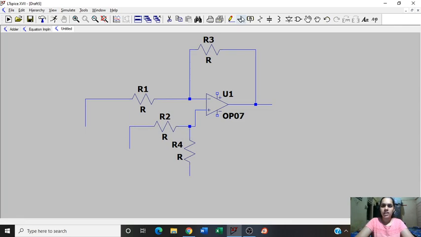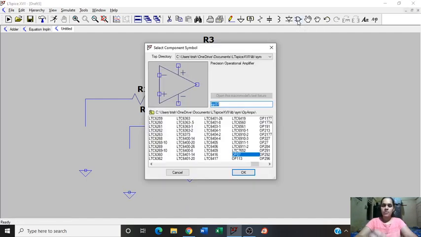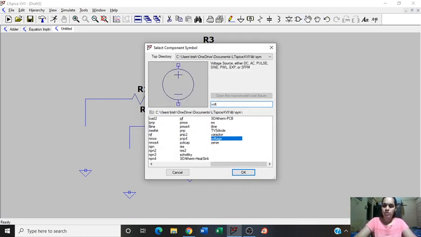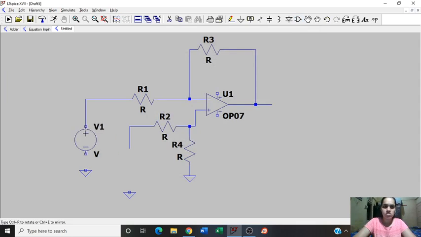I'm going to go ahead and ground these now. Now we need to give the inputs, so I'll type in voltage, which will give me the voltage sources. So I'll connect them here.